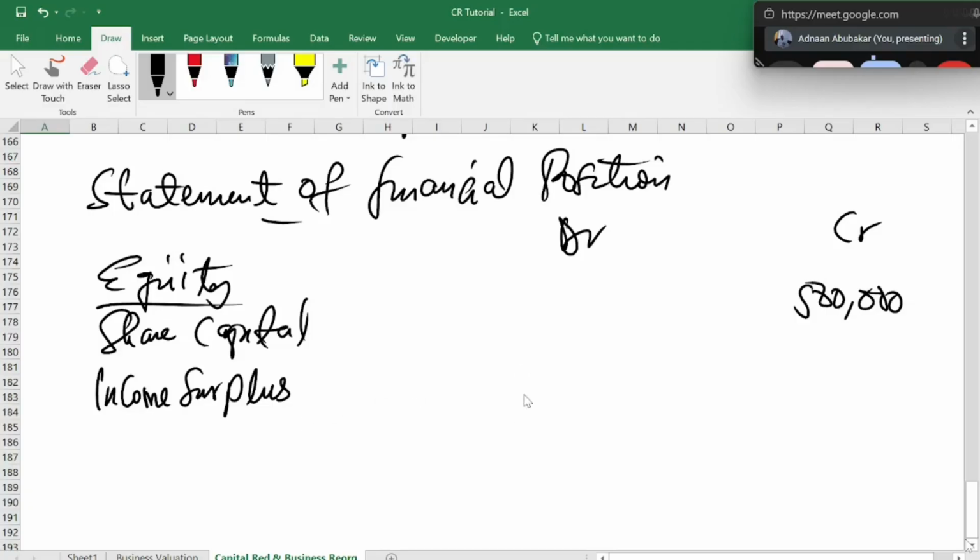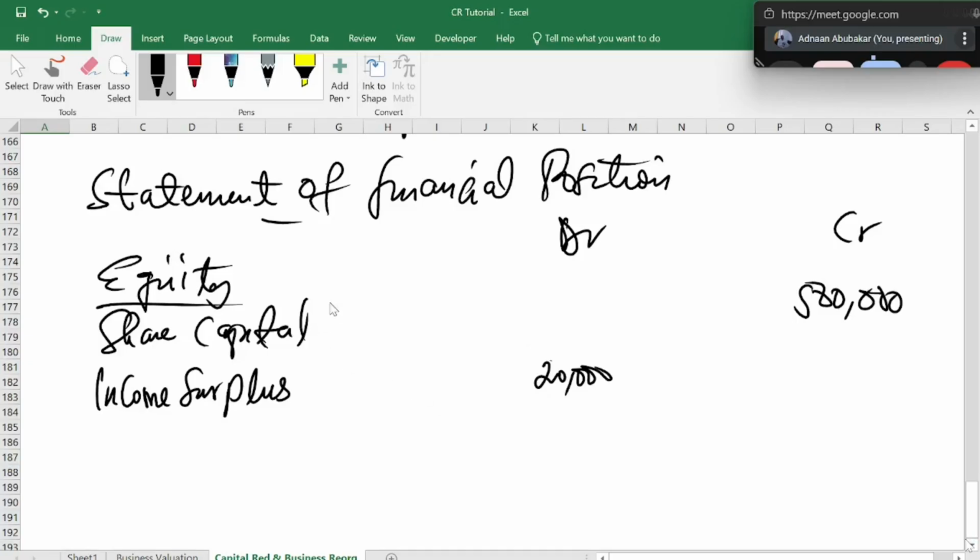Right? So you will see that. The income surplus, assuming it is a positive figure, you will see it at the credit side. But because it is a consistent loss or not making profit, it will be at the debit side, maybe 20,000. You will see it at the debit side in your statement of financial position. Because there's no way you are doing capital reduction, they tell you the company is in debt, is in distress, for you to see any income surplus which is positive. It is always negative.